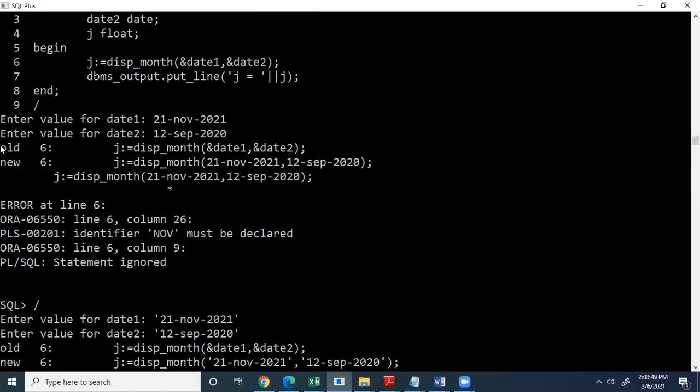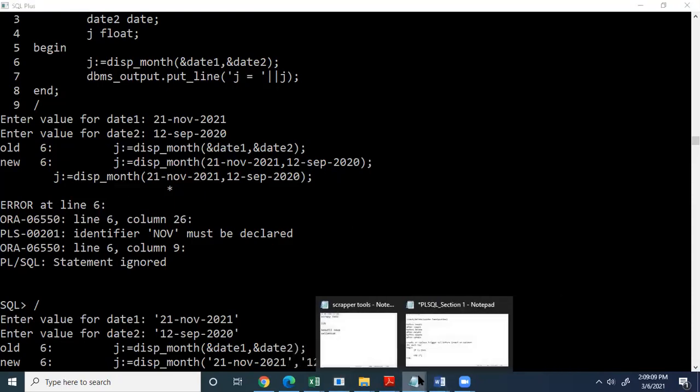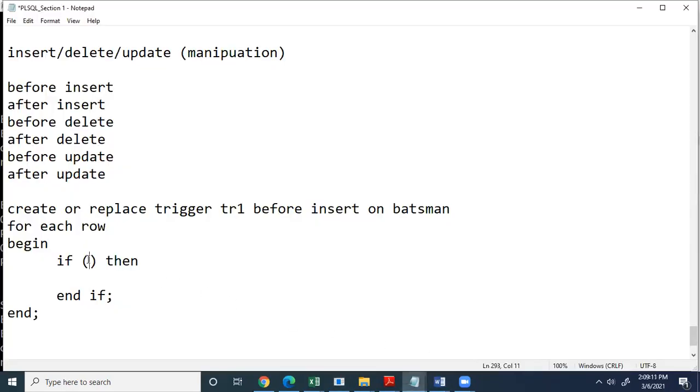So when we insert, the old value is what? Nothing, because we have not inserted anything. So at that time the old value is empty, and the new value is your actual value. So when you are inserting, we are going to refer to the new variable. Fine. So here we'll specify new dot